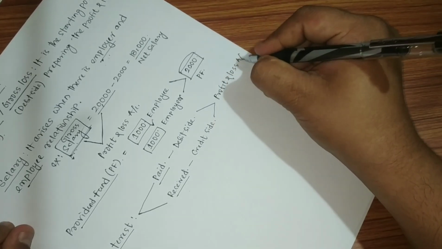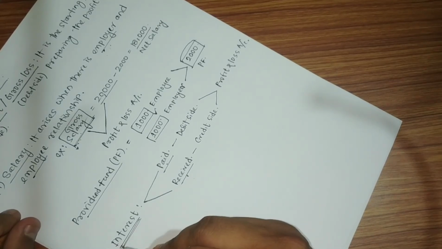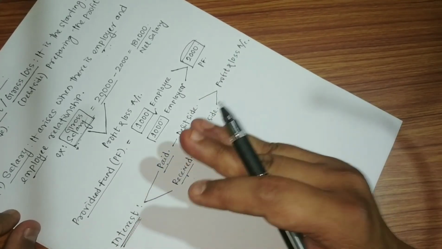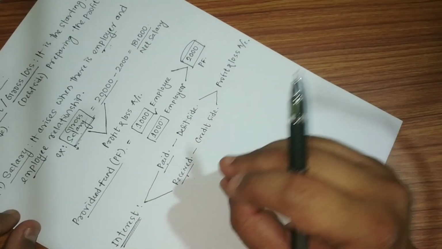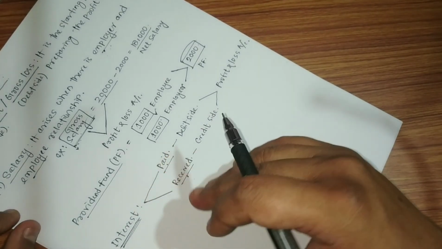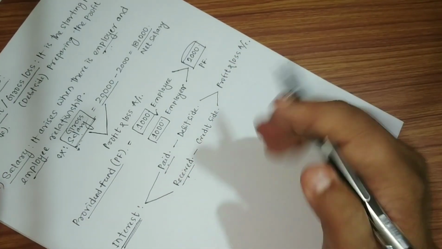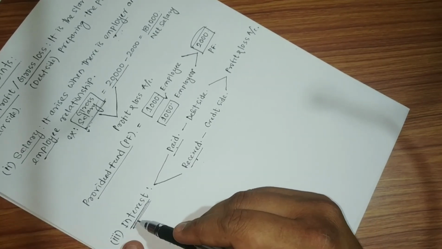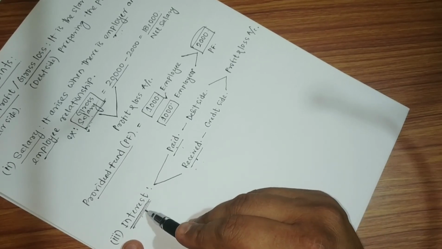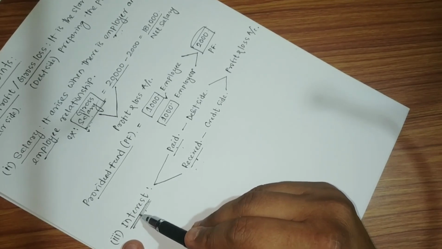Sometimes the question is silent, that is, nothing is given, only interest is given. If in the question only interest is given, then we have to check on which side the amount lies, the debit side or credit side. If the amount lies on the debit side, then it is paid. If the amount lies on the credit side, it is received. Subsequently, if there is no side, that means amounts are given in one column only and the item name is interest, then we are required to assume it as interest paid, not interest received. If only interest is given and there is no separate debit and credit, then we have to take this interest as interest paid.